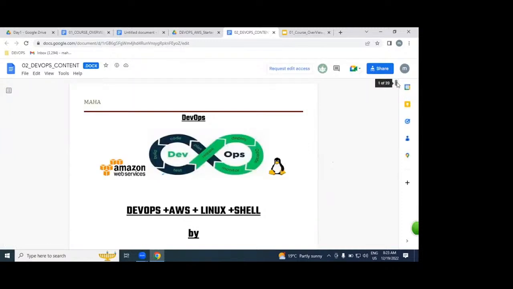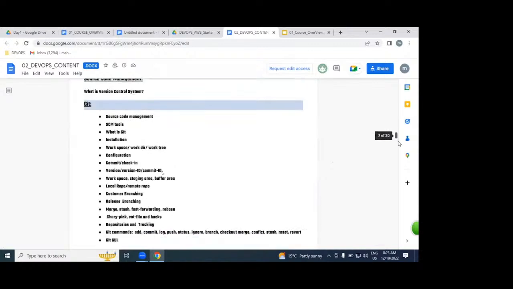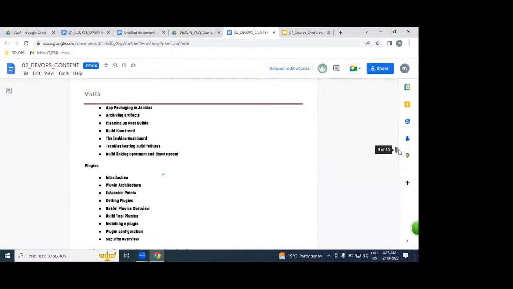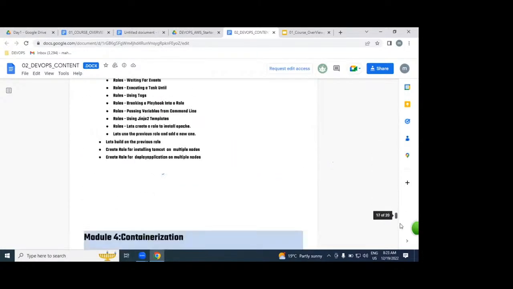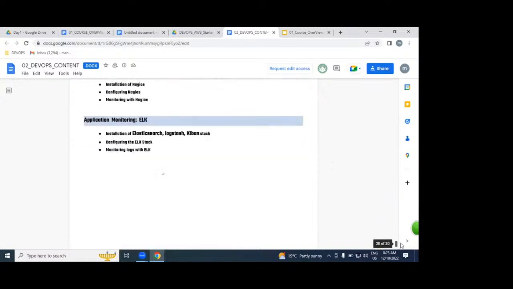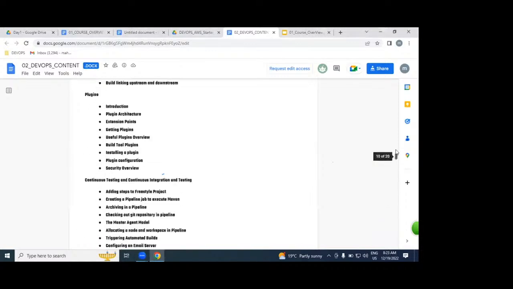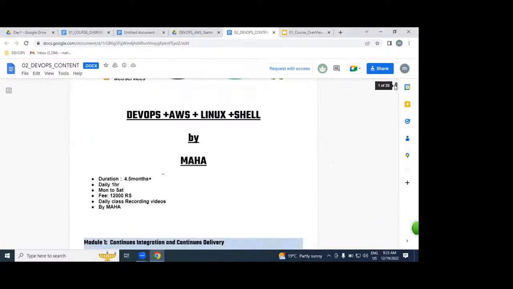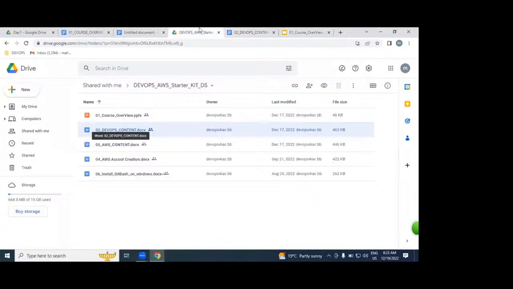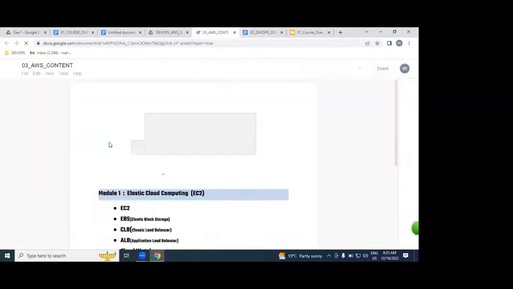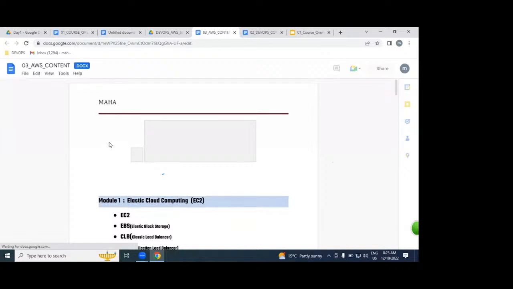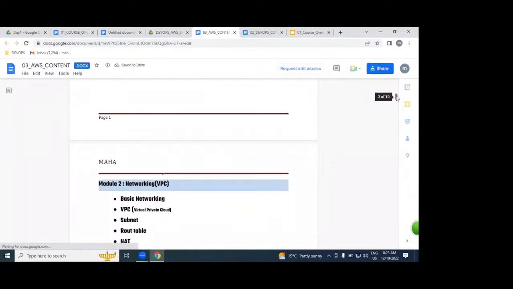The same way, we have AWS content also. It is around 9 or 10 pages of content.